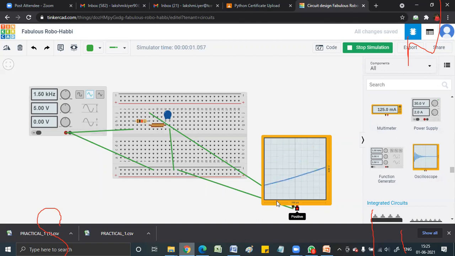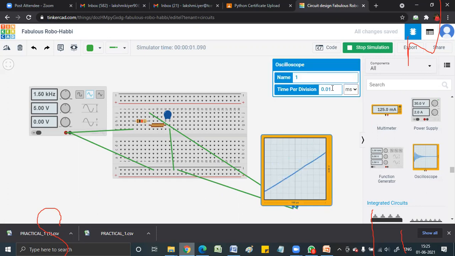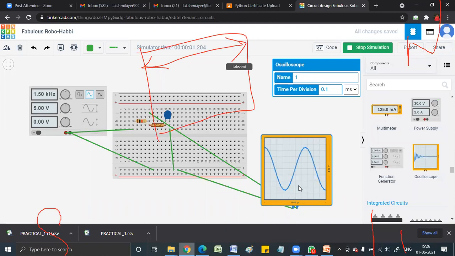ये स्क्रीन का विड्थ है पूरा। तो अगर 0.1 किया, वो 1 मिली सेकेंड भी चल जाता था, ऐसे कुछ इश्यू नहीं है। ठीक है, now this looks a bit better. So per division over here is 0.1 millisecond for me. Okay, that means ये पूरा जो है यहाँ पर ये क्या लिखा है, टाइम पर डिविजन ना। So एक बॉक्स जो है हॉरिजॉन्टल का ये है 0.1 मिलीसेकेंड। Is this clear?